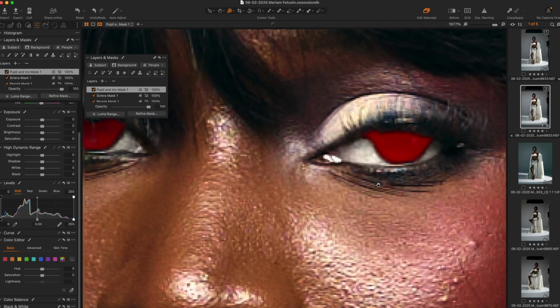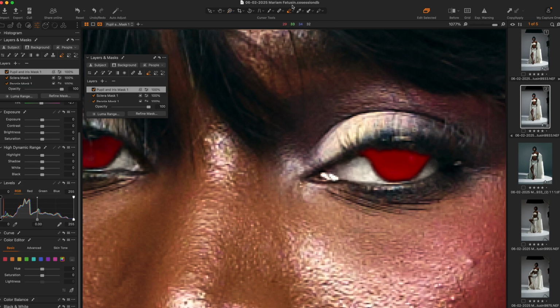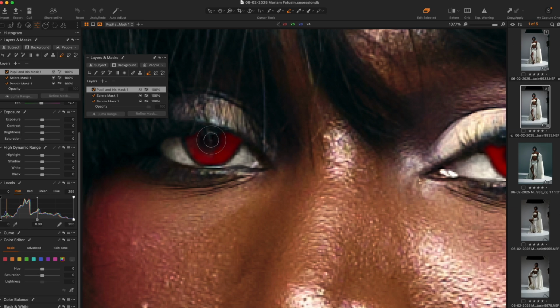But what I'll just do to make this work is that I click an eraser, and I'm just going to erase. Hold on, why can't I see my eraser? Okay, it was too big. I'm just going to erase the inner part of the eye. Increase the flow and opacity, just erase the inner part of the eye like that on both sides, because I still want that side to be black, and then I can